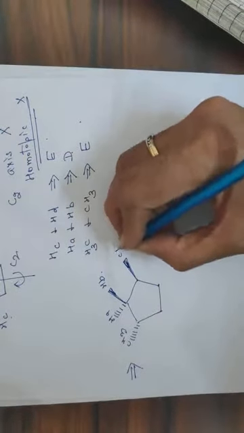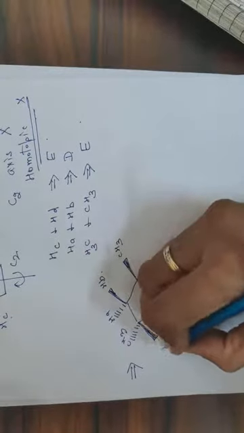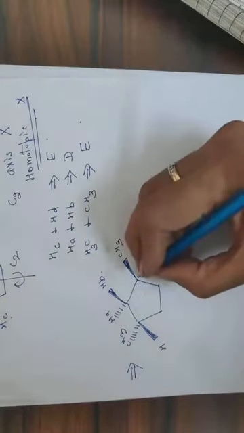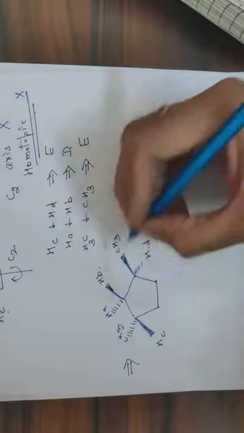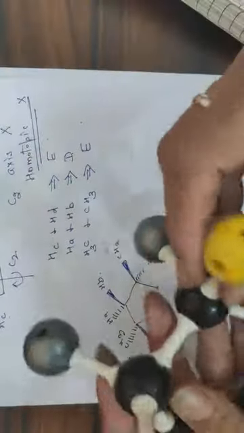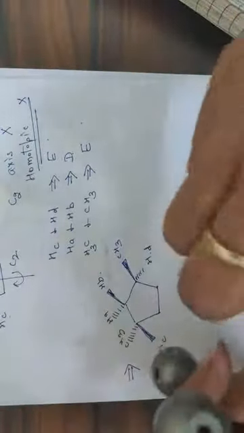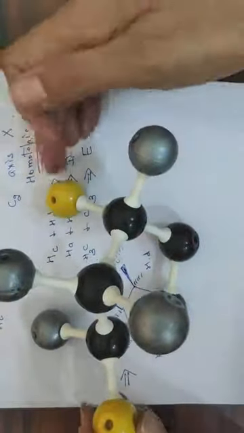On this side is present above the plane. This hydrogen is above the plane. This hydrogen is below the plane. This is C, this is D, this is A and B. So the structure is similar to the first one, except for the position of these. See, this methyl group